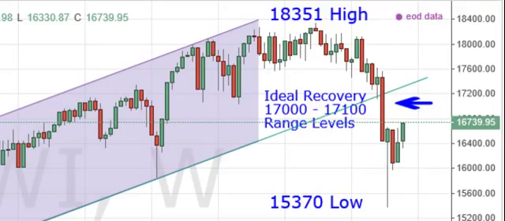This is not just Forex alone, but we're looking at the price action analysis and market behavior across the board, starting off with the Dow Jones Industrial. The shaded channel here, as you could see, has been a straight major trend higher, where after establishing the 18,351 high last May 18 to be exact, and a low here at 15,370